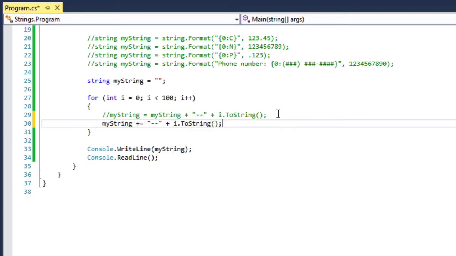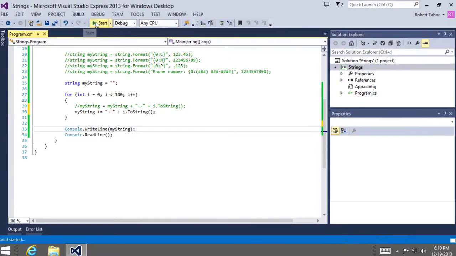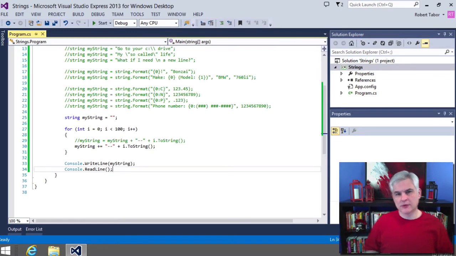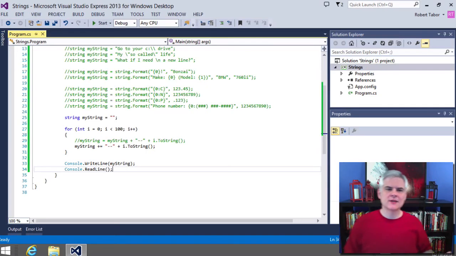i.ToString. And that should give us the same result. So I just wanted to throw out the plus equal operator, which means take whatever I already had in my string and then append these items to it, whatever is on the right-hand side. Okay? So while using the string concatenation operator, the plus symbol, especially so many times works in small applications,